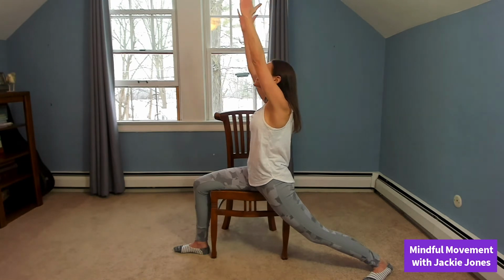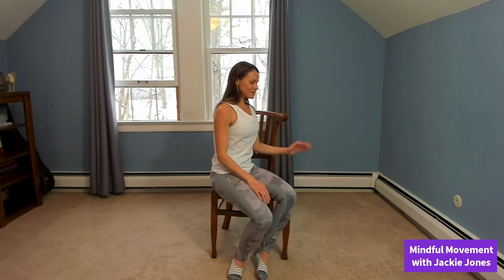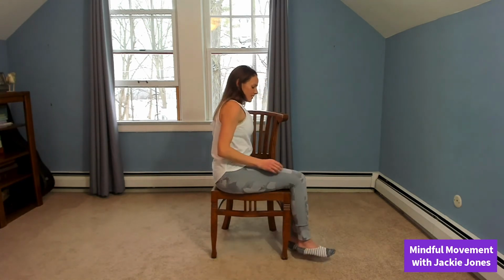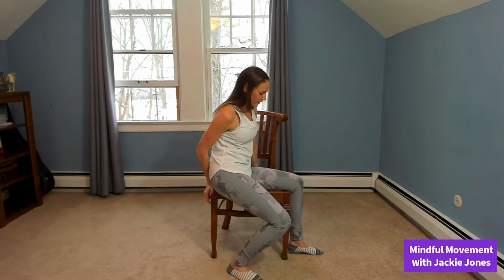And then on your exhale, bring both hands down. And again, you can grab onto the chair as you bring both hips forward, both feet forward, and then we'll swivel around to the left. So coming to the left side of the chair, using your hands so that you remain balanced, hook the left